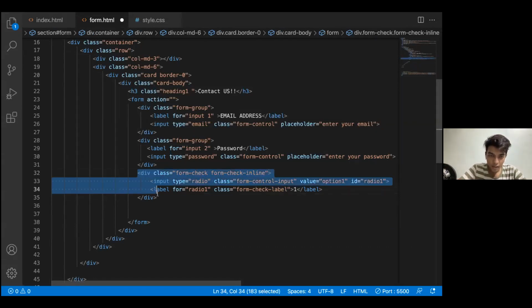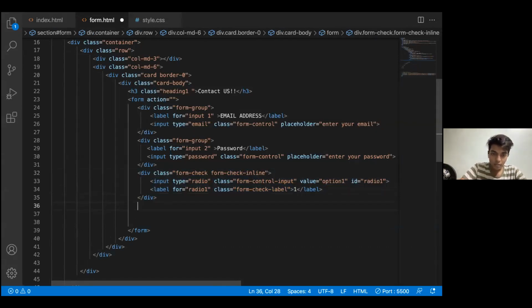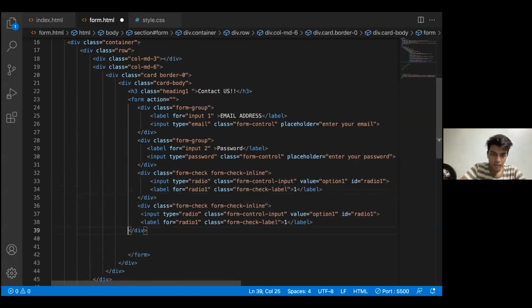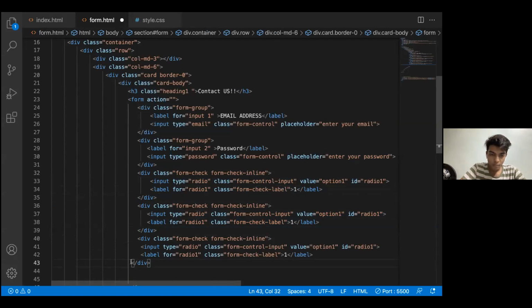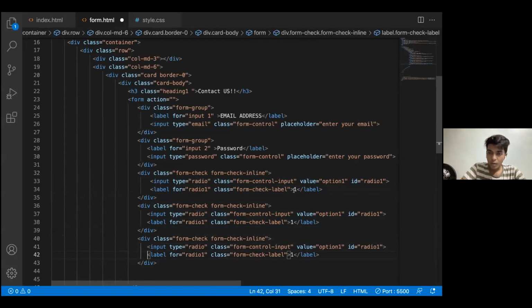I'll be copy pasting it because I need, let's say, 3 radio buttons. Okay, so I'll be just changing the value. This is 1. This is 2.